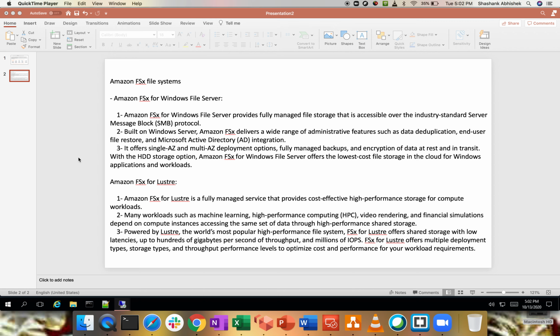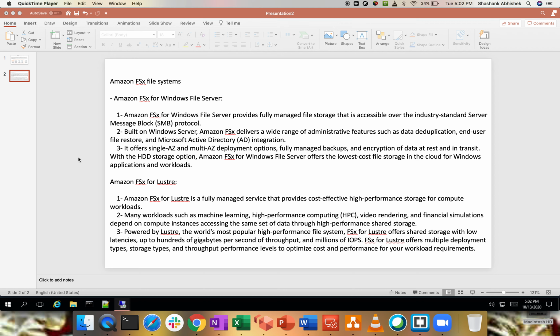But again, if I compare this with EFS, although EFS is used for Linux systems, FSx is quite costly as compared to EFS. EFS is cheaper as compared to FSx. But again, when it comes to a Windows environment, you cannot use EFS, and when it comes to a Linux environment, you cannot use FSx. So we have a limitation somewhere, but we are getting better performance as compared to the traditional S3 storage or EBS storage, or if you want to copy from one system to another system. So FSx will help you, or EFS will help you to generate a good performant system.